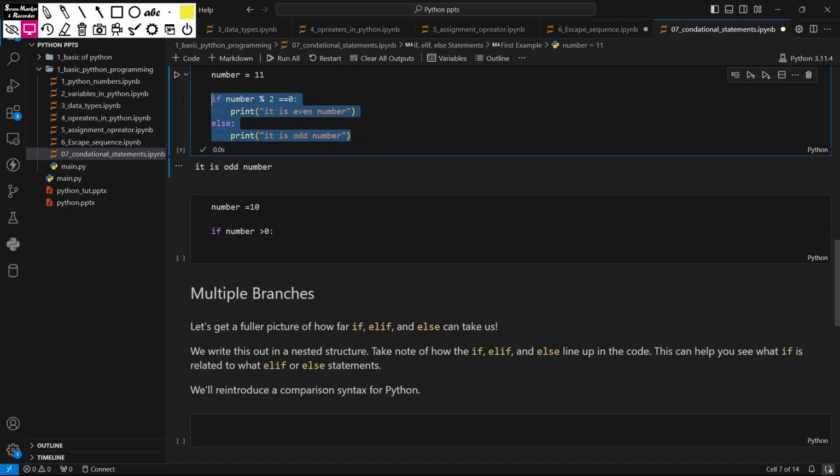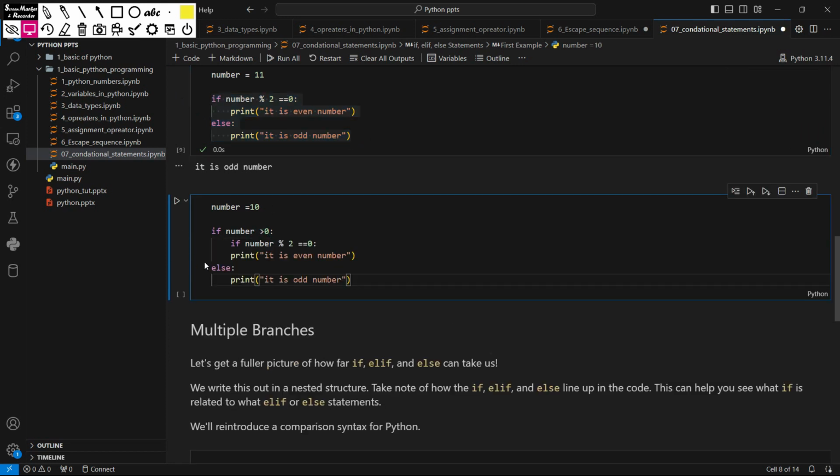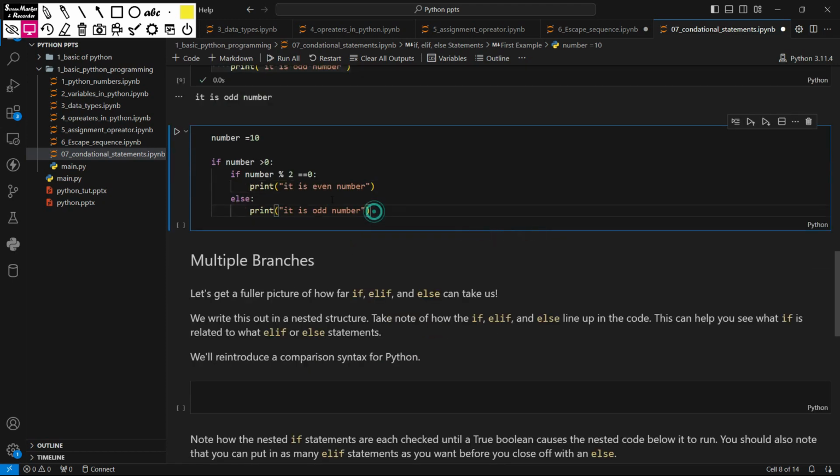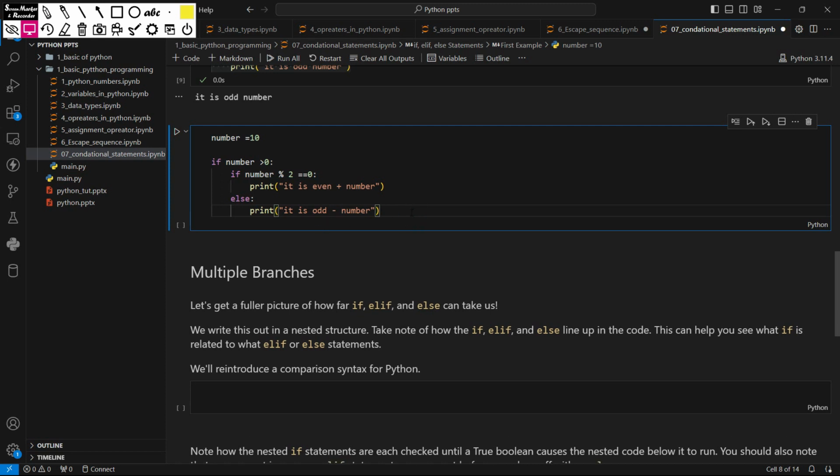And I will copy the above logic and paste it here. Okay, so you can see in the if block I have done this, right? So it is an even number, positive even number, positive odd number, right? Yeah, even positive, even negative, right? Then else,